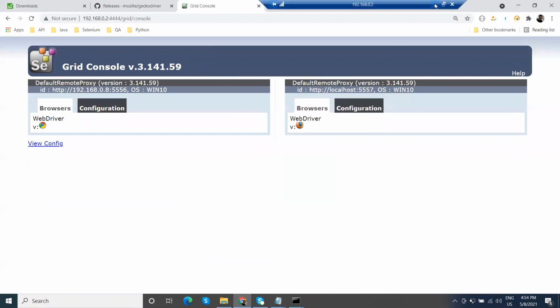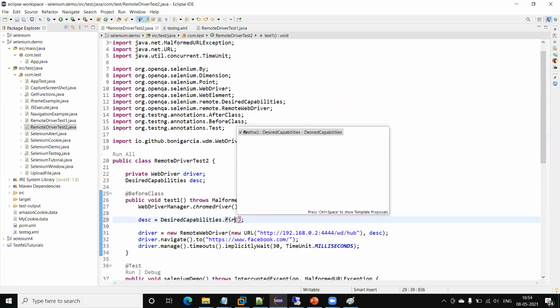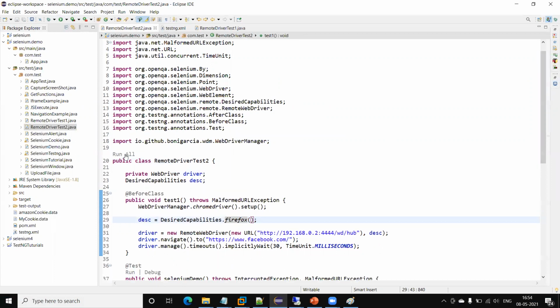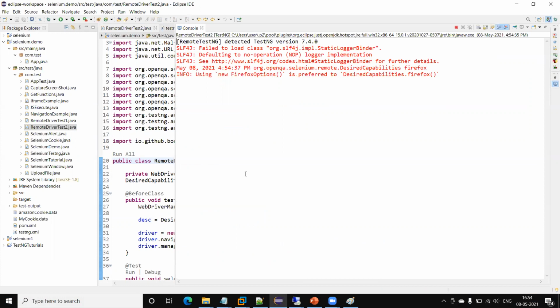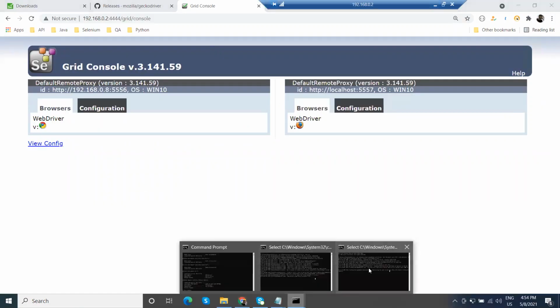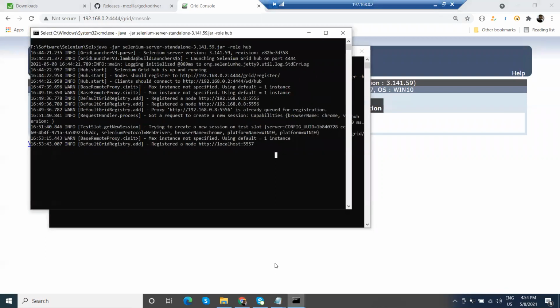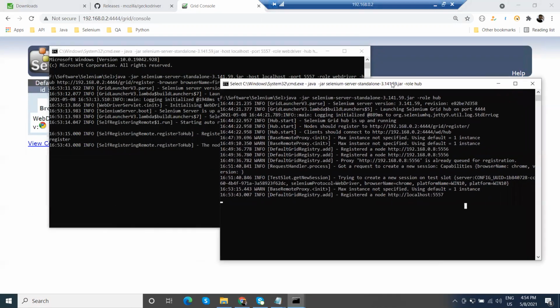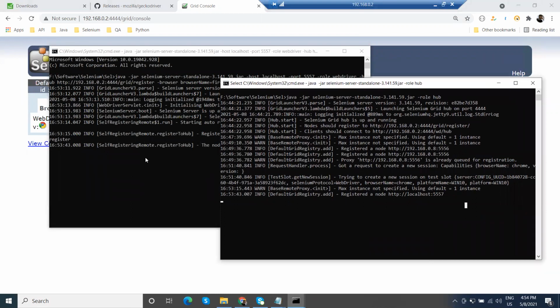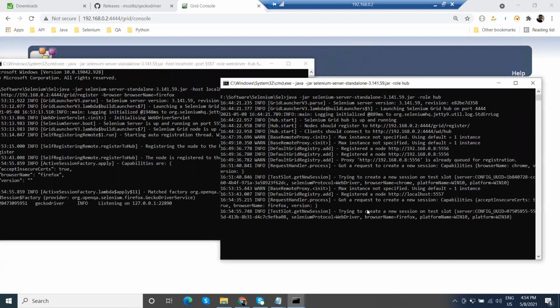But before that, let me run a single test on a Firefox browser. So I'm going to run this on the Firefox browser. This will run on the Firefox node, and it will not run on the Chrome node. I am running the Firefox node on the same machine where the grid hub is running. If you go here, this is the grid console and this is the node.